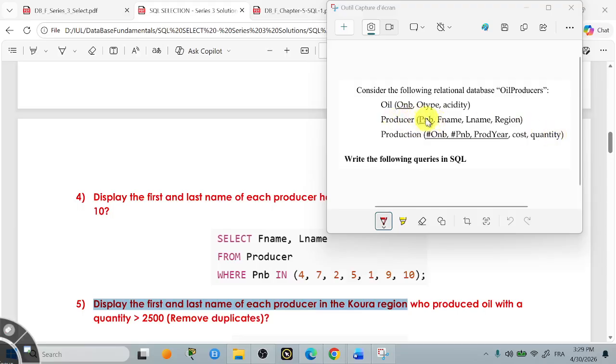But we need this producer that has produced this greater quantity. So we should say select first name, last name from producer P, where P dot quantity